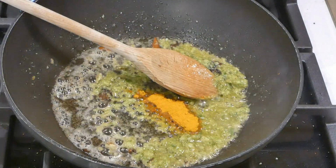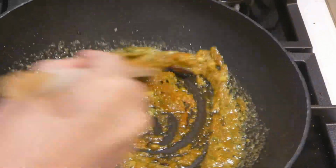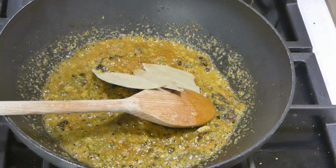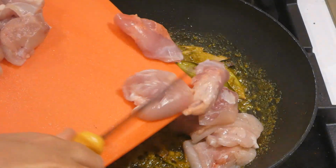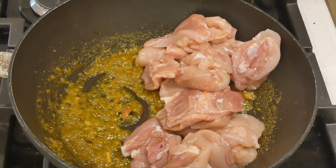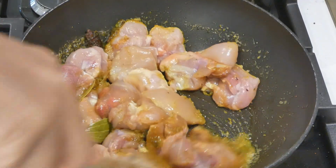Then about 2 teaspoons of turmeric, as fresh as you can get it. Fry that in. Take it off the heat. Don't burn it. Just fry it and mix it in. Then get 3 bay leaves, fantastic ones that I can get from the Asian supermarket. So get 3 decent bay leaves, and then all your chicken thighs. Chuck them in. That's 6 chicken thighs cut in half, so 12 halves of chicken thighs, and fry them for a good 10-15 minutes until they